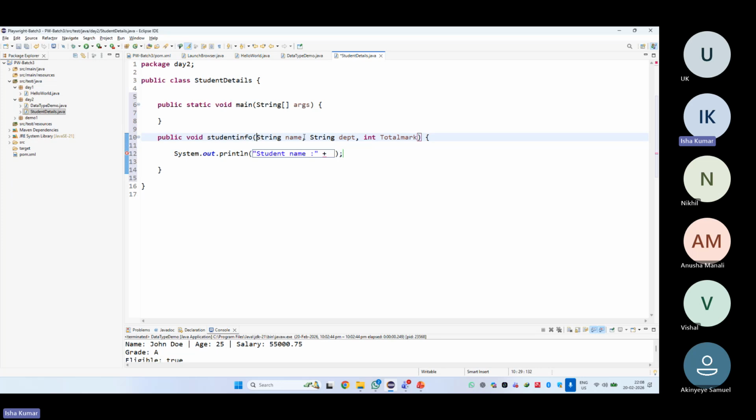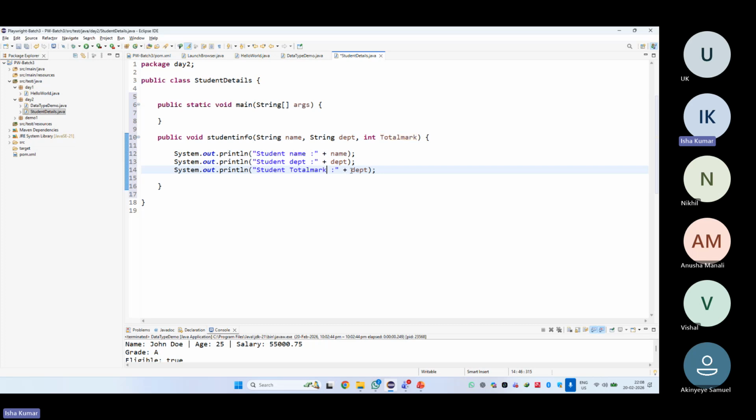And if you want to pass this variable inside this method or some line of code, okay, you can just copy this variable name and pass it like this, okay. So once you do this, the student name will be printed, okay. So I want the department details. So student department, you can change it like this, and total mark,